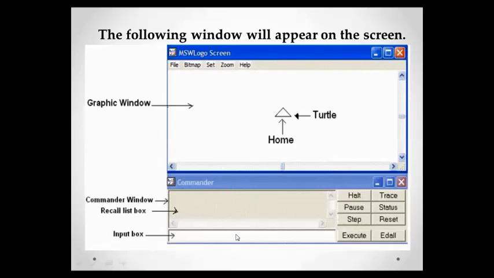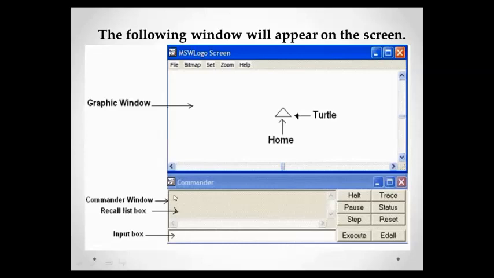This is the place where you are going to write the Logo commands to make your computer follow them and draw. Under this commander window, there are two distinct parts. One part is called the input box. This is the place where you are going to type your Logo commands.